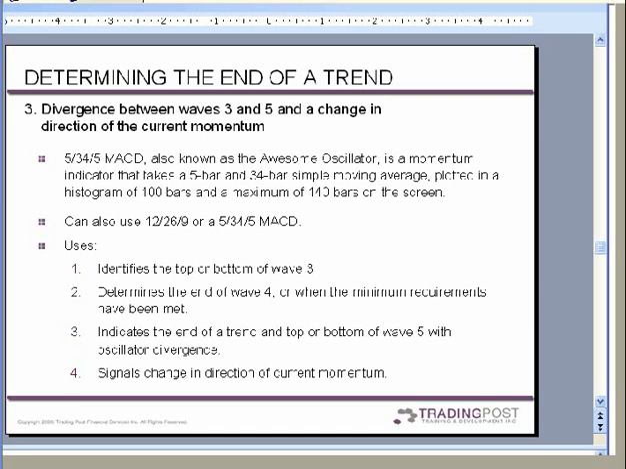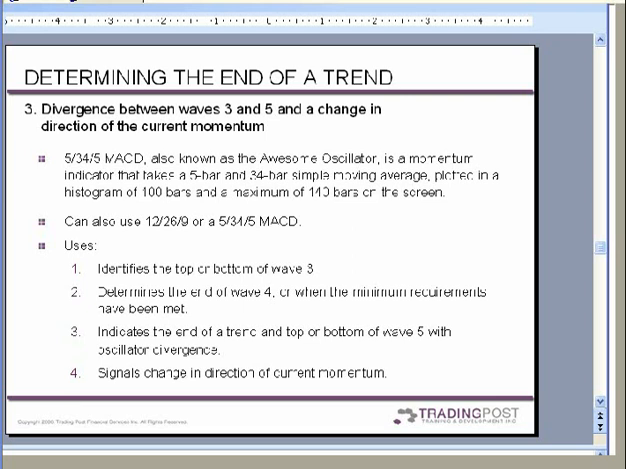So what is the awesome oscillator? The awesome oscillator is actually a 5-34-5 MACD, which takes a 5-bar and a 34-bar simple moving average plotted in a histogram of 100 bars and a maximum of 140 bars on the screen. Now, let's break that down. It's a 5-bar and a 34-bar simple moving average,